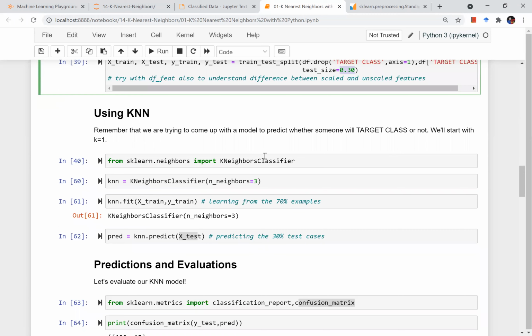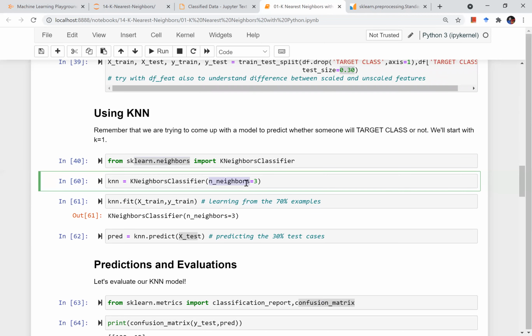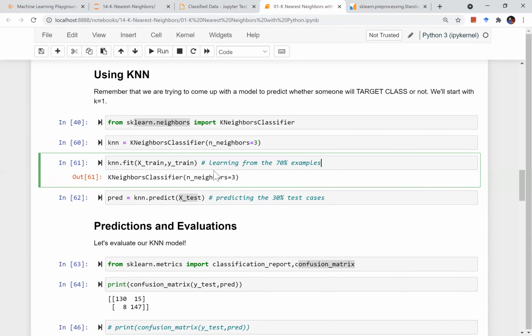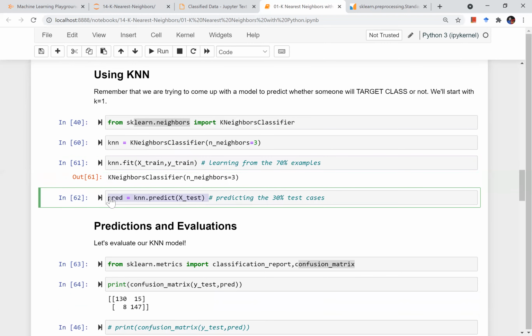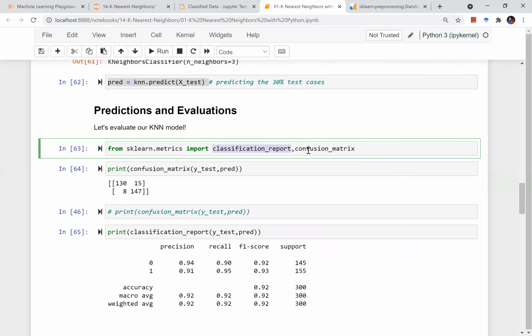Then because I want to make a KNN model, I will import the KNeighborsClassifier from sklearn.neighbors and create an object with some default number of neighbors, maybe 1, 2, 3, whatever is there. Then I will fit my model and make some predictions. Then I will evaluate how well my model is performing by using the classification report and, more importantly, the confusion matrix.